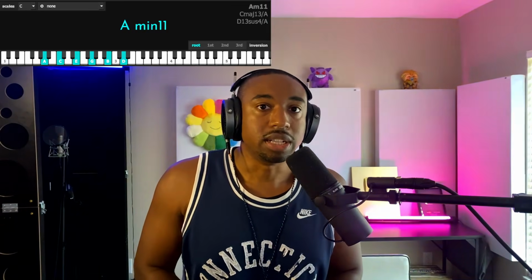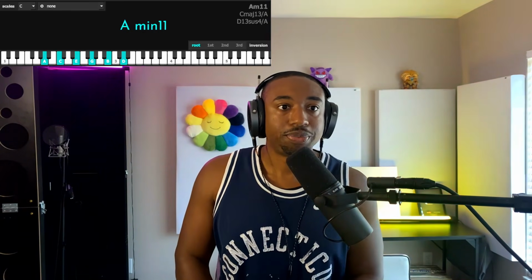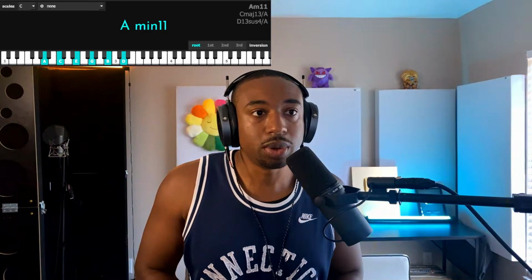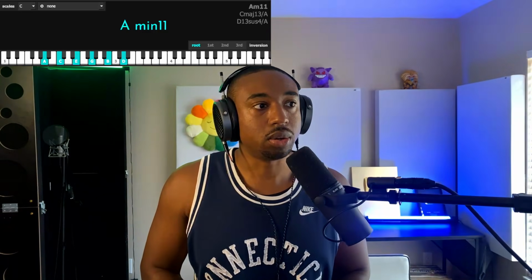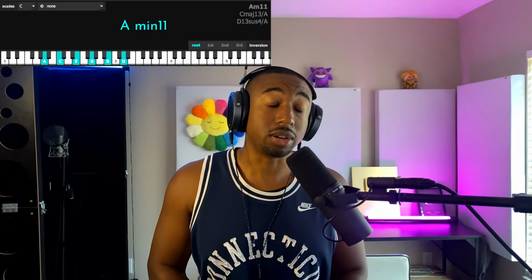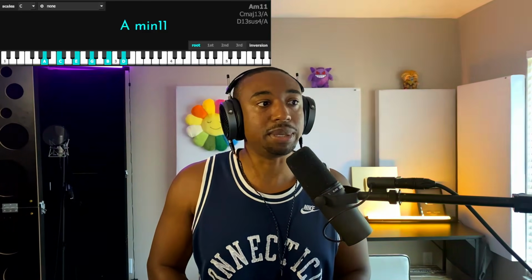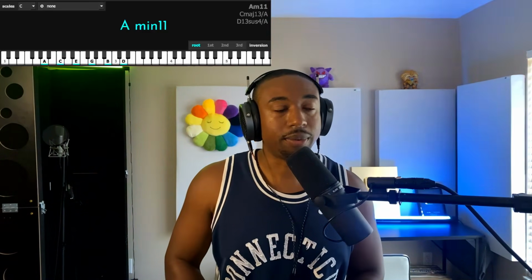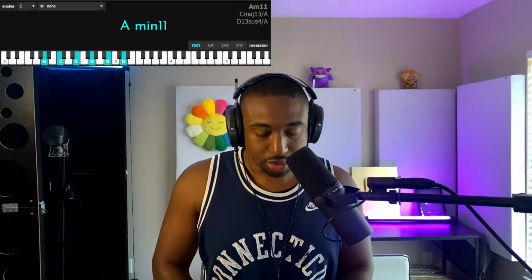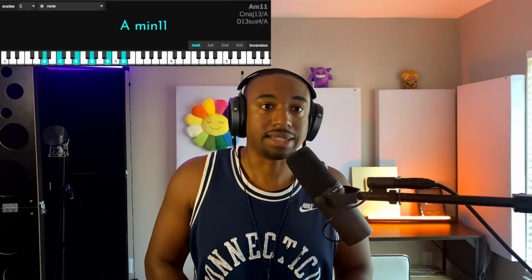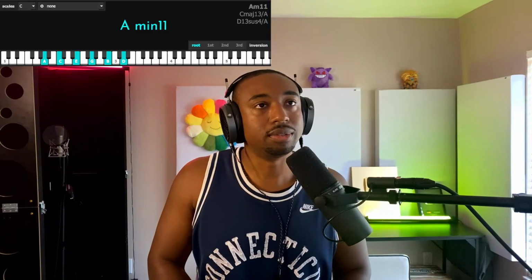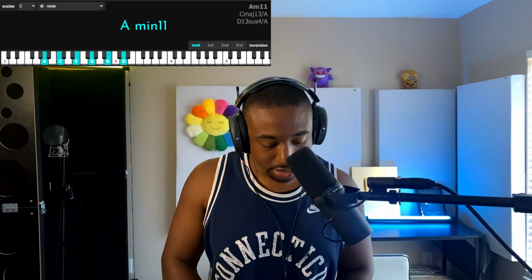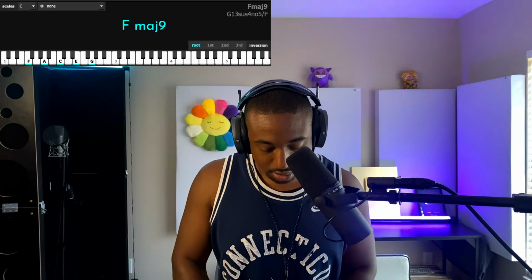Let's just call it a chord extension for now for the minor scales. If you want to copy these chords, this chord is the A minor 11th chord. It's A, C, E, G, B, D. Now the only note we're missing from the A natural minor scale is F. So any chord from this point that has F will finish the scale. So that could be F, could be D,